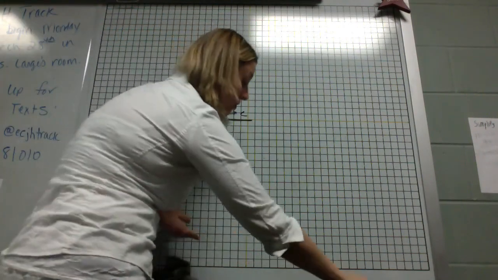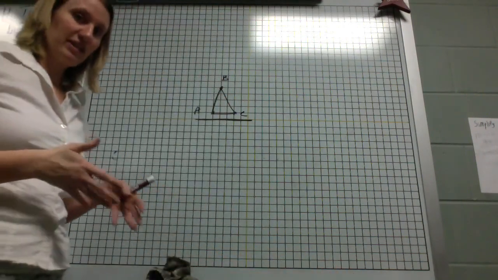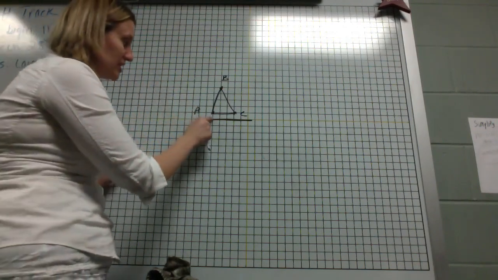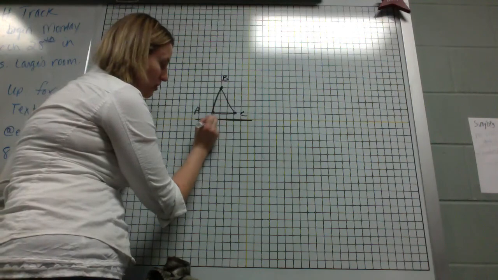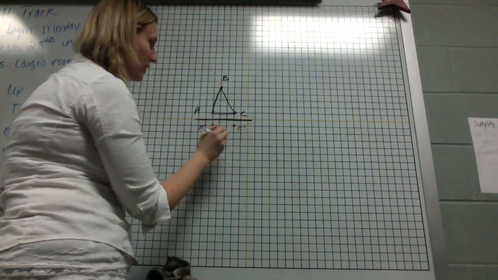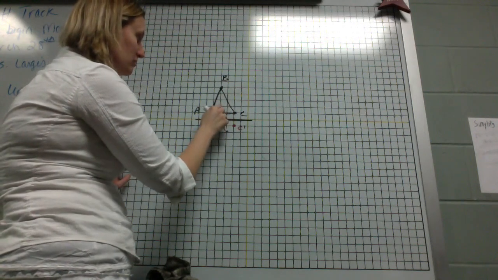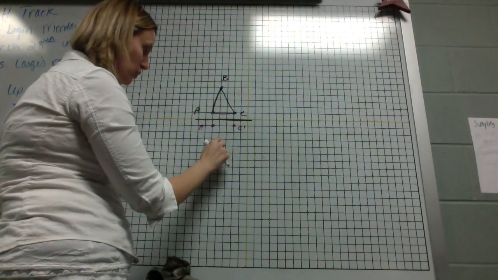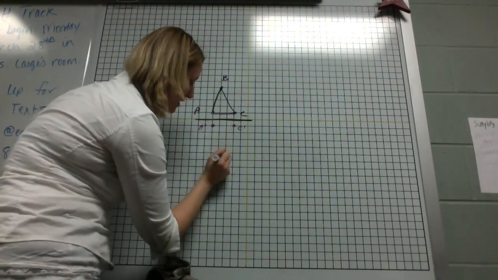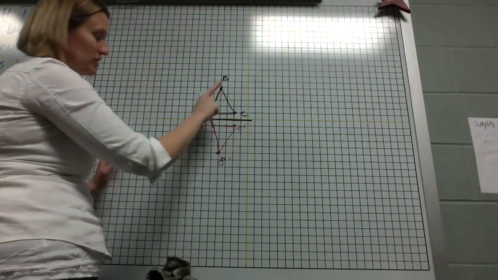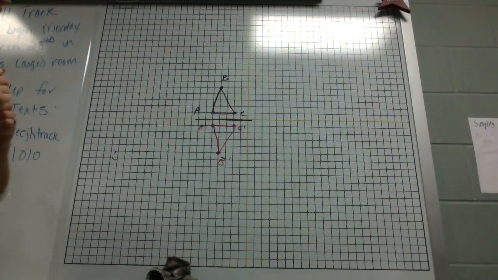A triangle or any other shape is just reflecting a point more than once. I'm just reflecting 3 points. So in this case, A is 1 above, so I need to go 1 below. C is 1 above, so I need to go 1 below. B is 1, 2, 3, 4, 5 above, 1, 2, 3, 4, 5 below. And again, I suggest labeling your points immediately,